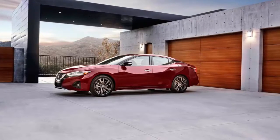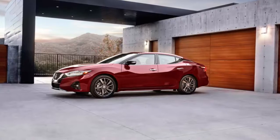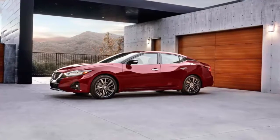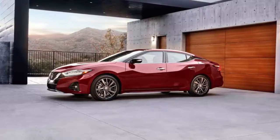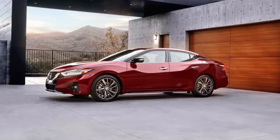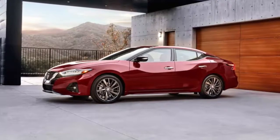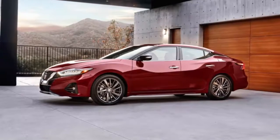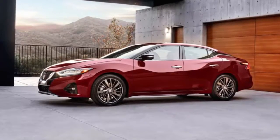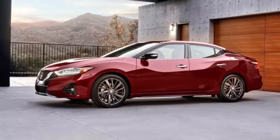Depending on who you ask, 2019 is either the worst time to offer a four-door sedan or the best. In a stroke of good timing on Nissan's part, both of its mid-size sedans are new for 2019. The 2019 Altima arrived earlier this year, and now its bigger brother, the 2019 Nissan Maxima, is here. With these two solid sedans, Nissan isn't just paying lip service to mid-size shoppers, but is instead doubling down on